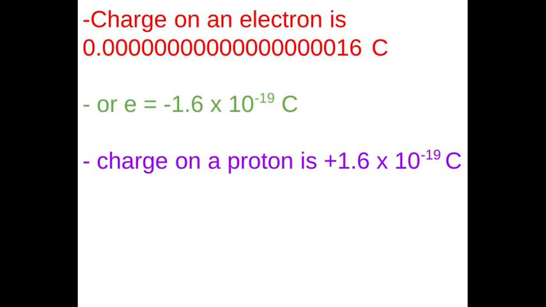So the key new things to take away from this presentation: charge is measured in coulombs. The symbol for that is